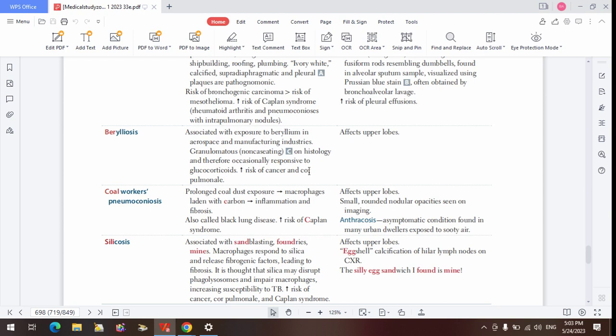So beryllium is one of those things in the equipment that we use in building our aircraft, and some manufacturing industries, but strictly majorly aircraft. So if someone has exposure to the beryllium dust, inflammatory cells are also going to respond to it. The same process happens again, and they tend to form granulomas, which are non-caseating. Of course, it's not an infectious process, so we are not expecting it to be caseating. So it's going to be non-caseating on histology, and they also respond to glucocorticoid. So if you give glucocorticoid, just like sarcoidosis, you can suppress the inflammatory response. So the only thing about berylliosis is just granuloma.